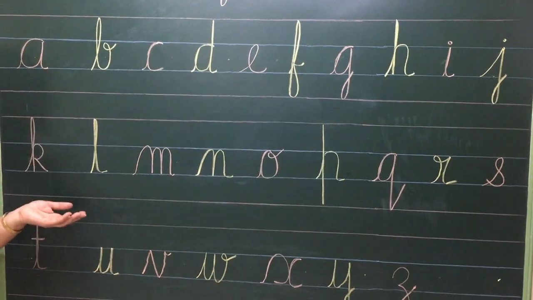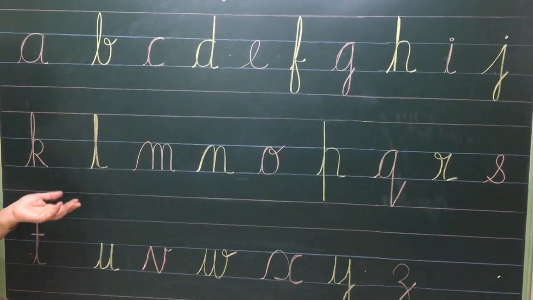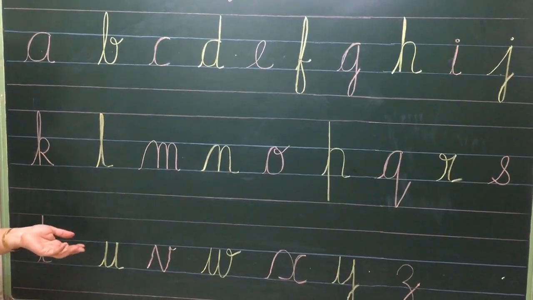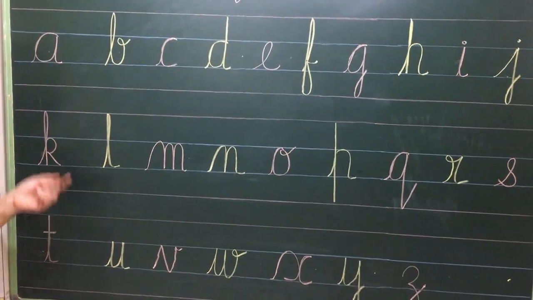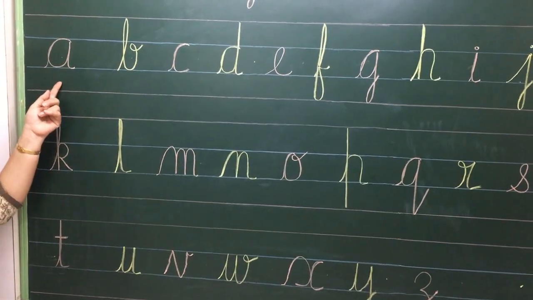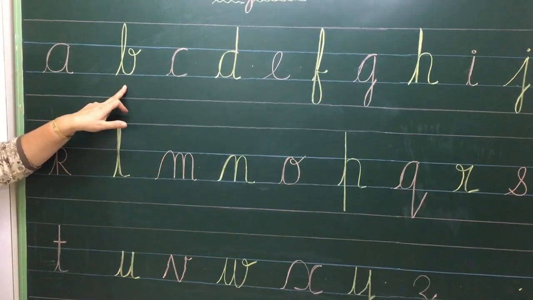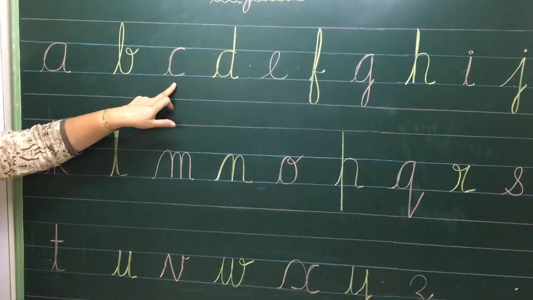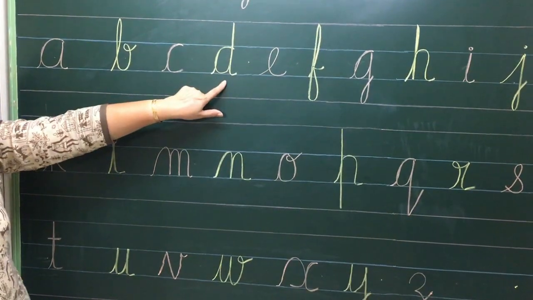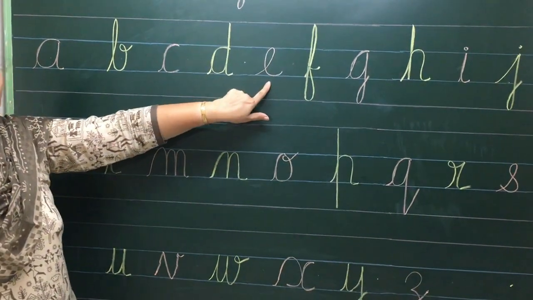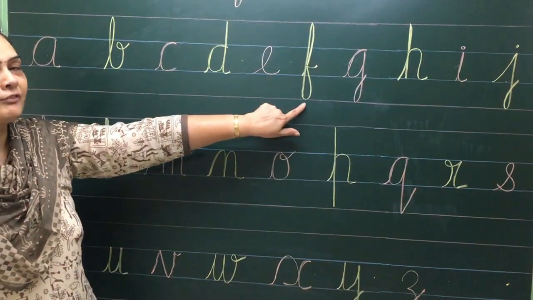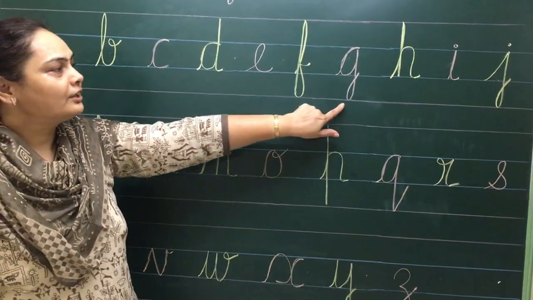Okay, now look at the board. Look here, children. Today we will learn cursive small alphabet. You will speak with me. A for apple, B for ball, C for cat, D for dog, E for elephant, F for fish, G for